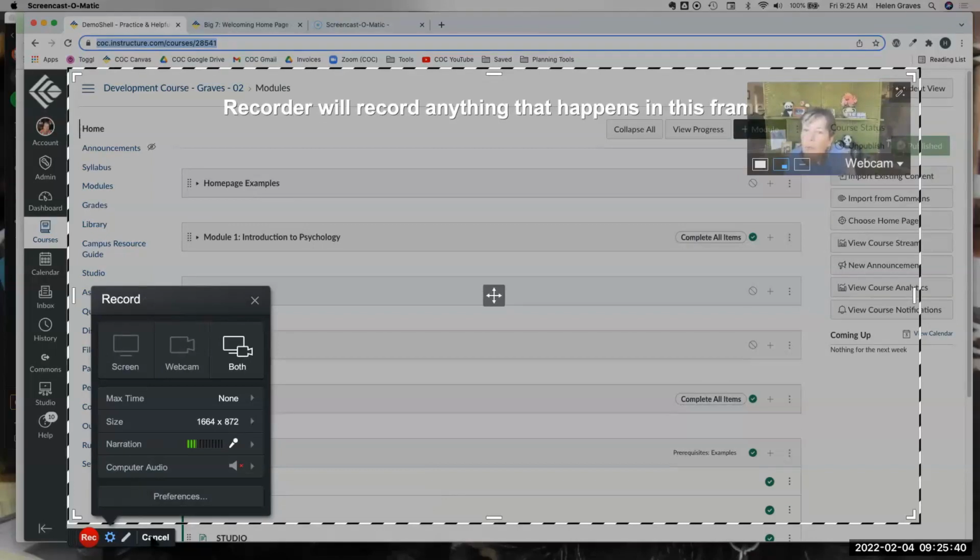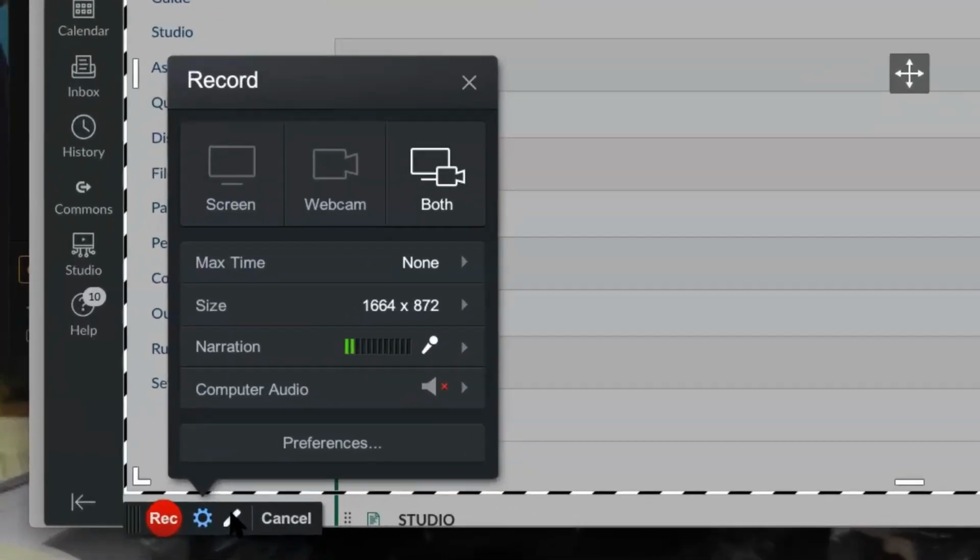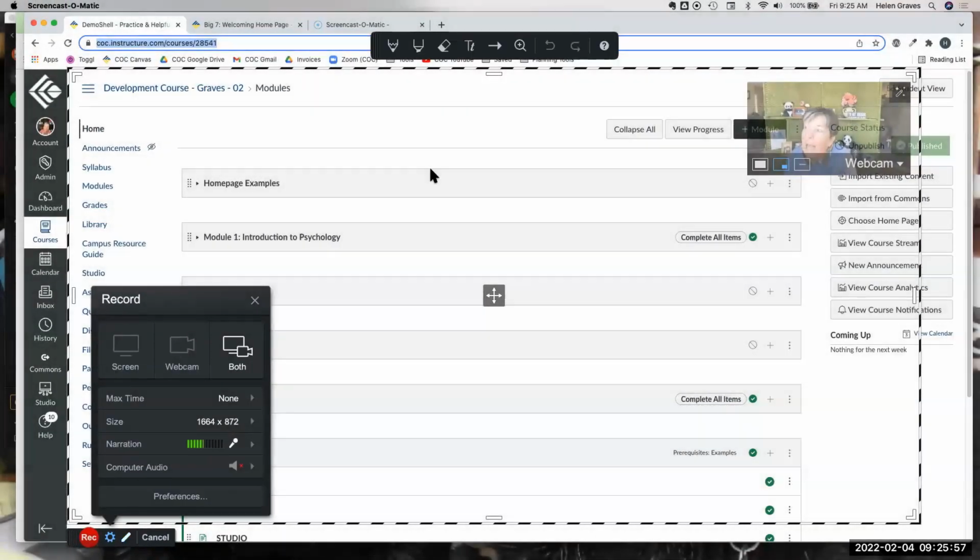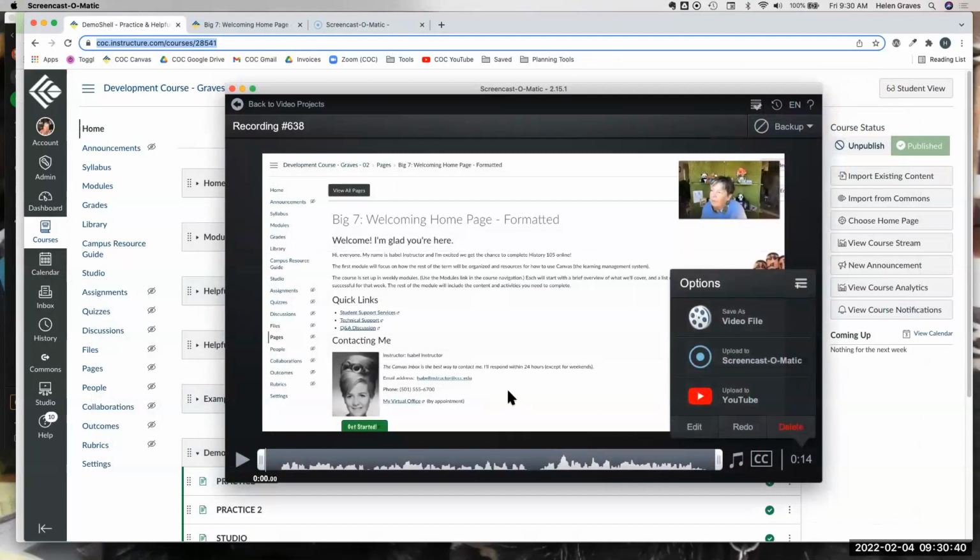Let me show you one more demo, and then I'm going to give you another practice task with the editing tool. I tend to add things like arrows, etc., after I've done the recording, but there is a draw and zoom tool right here, this little pen icon, that lets you add arrows, lines, text boxes, and even freehand drawing while you're recording. All right, let's take a look at editing.